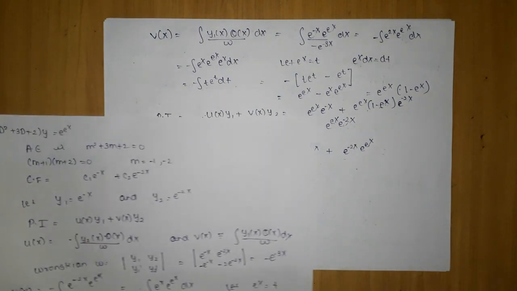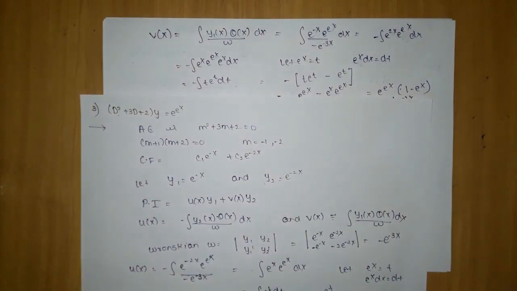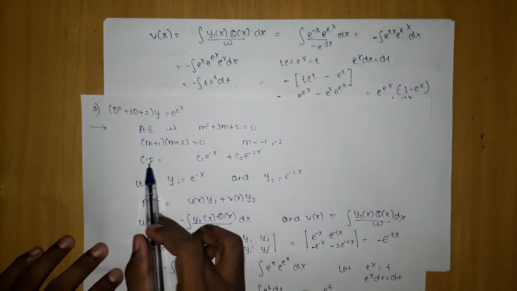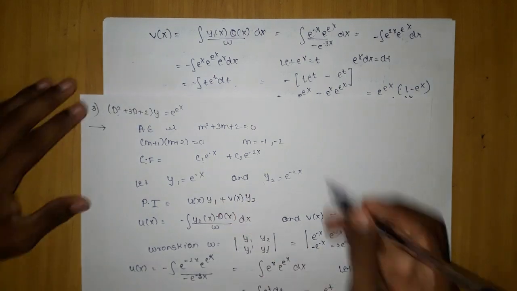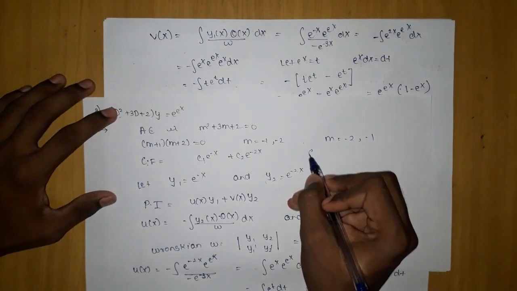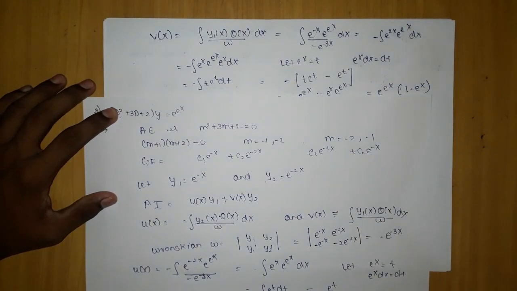Now what is the main problem in this method? For this type, whenever you have f of D, and here on the right side a composite function, f of D breaks up into roots. What happens is, when you write the complementary function, some person can write this as m equals minus 2, minus 1. So you will write c1 e to the power minus 2x plus c2 e to the power minus x. But the complementary function is still the same, nothing has changed. Whatever he has done is that y1 will become y2 and y2 will become y1.